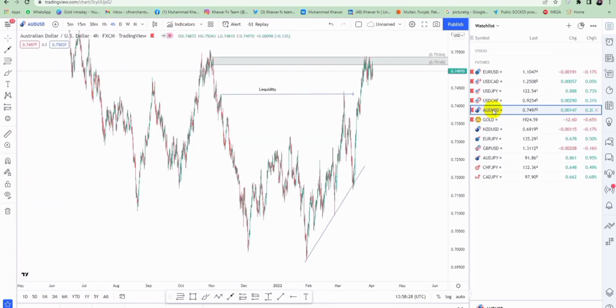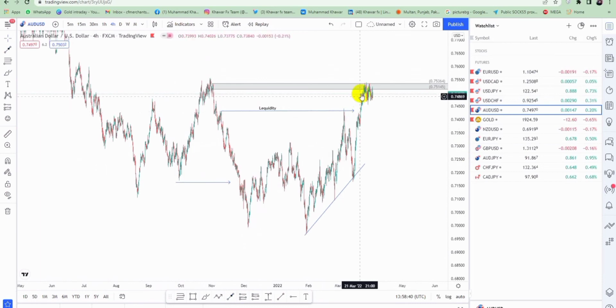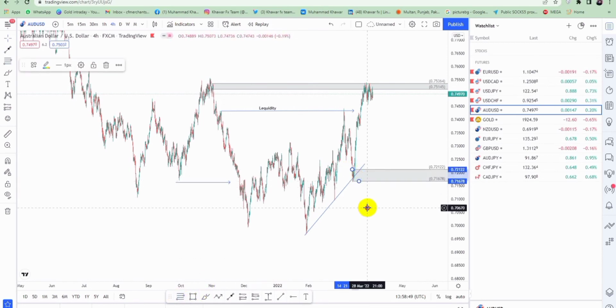And another example is this is our breaker, at this point, and it is a structure break, and this is the breaker, and you see that the market is giving liquidity and market taking off and it's going down, and we will decide that possibly market is at this point.